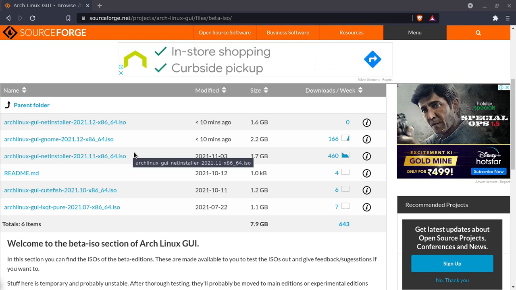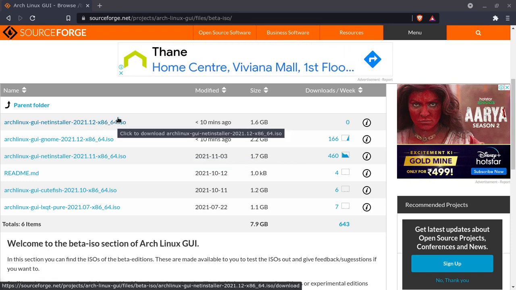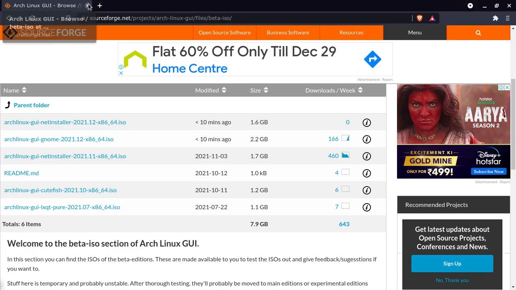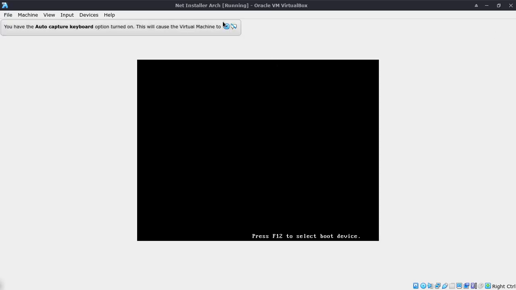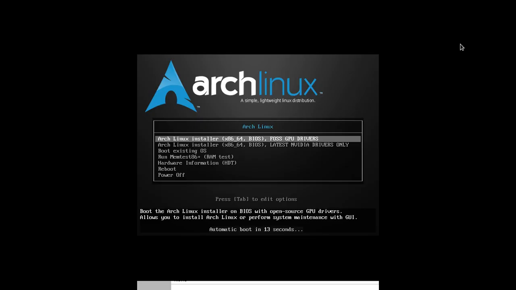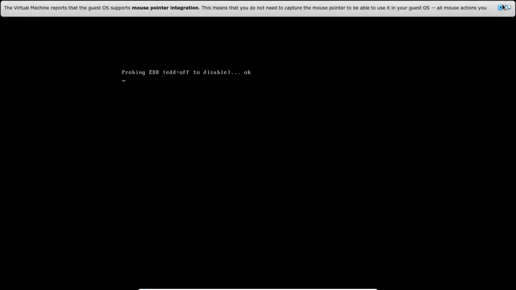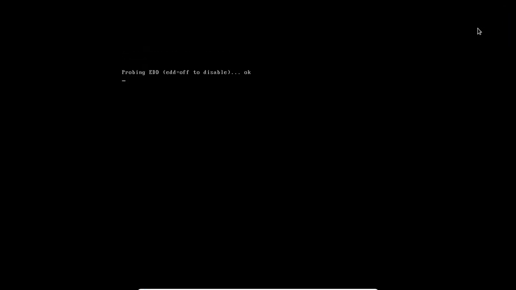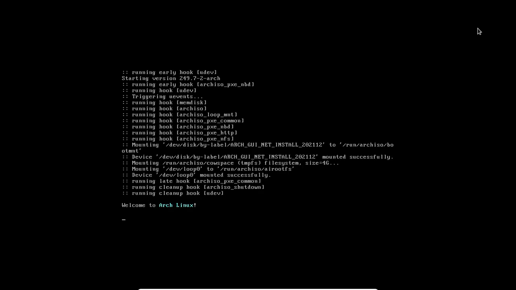But what I've gone ahead and done is made a new ISO for this month. So you can download it from here. And meanwhile, what I can do is show you on VirtualBox. I've prepared a virtual machine here on what you can do with this ISO. So your standard splash screen, and then since this is a VM, I'm going to boot with the first option, that is using the free and open source GPU drivers.